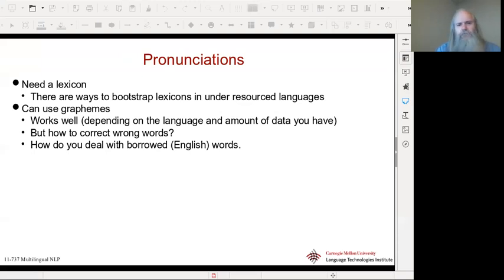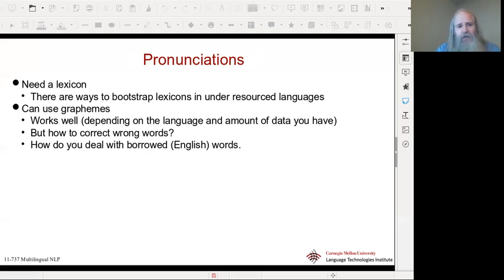And even though many languages have well-defined pronunciation rules, there are always exceptions. And if they're common things, actually a full end-to-end grapheme-based system will usually get that right. But the less common ones, it won't get right. And you should have some way of fixing that. Otherwise, people get very annoyed when their name is wrong. And English words are all over the place, which just makes your life really easy, even when you have